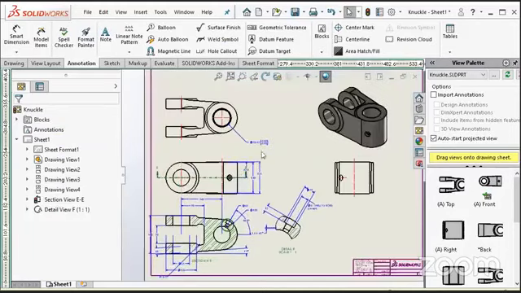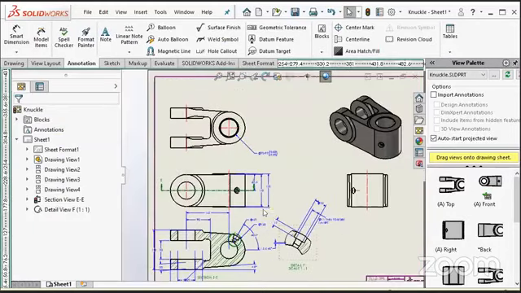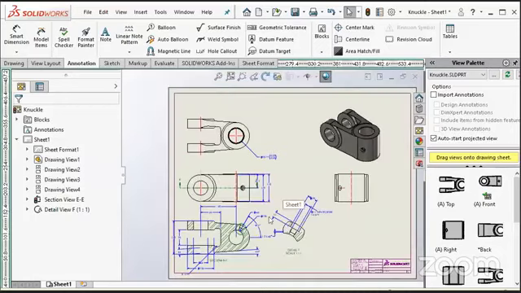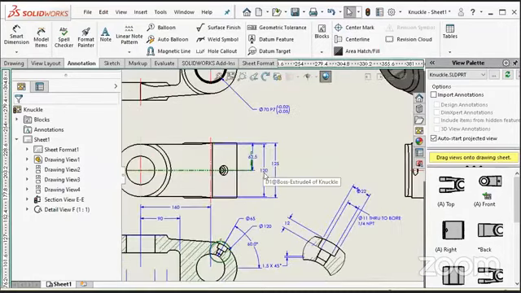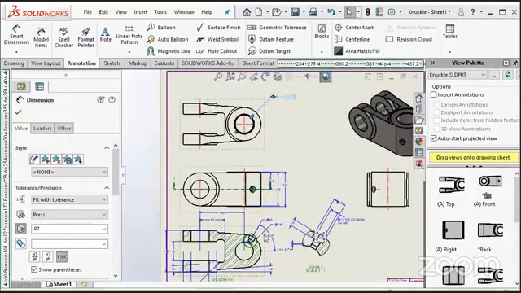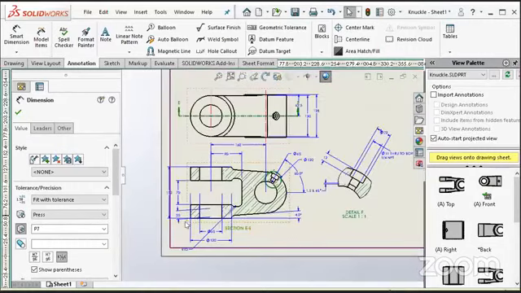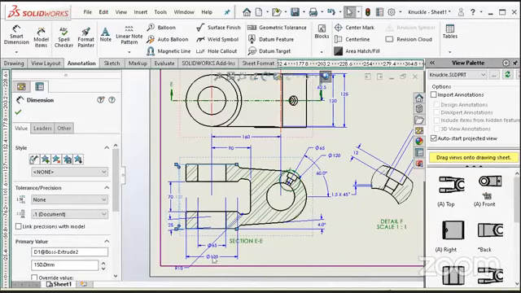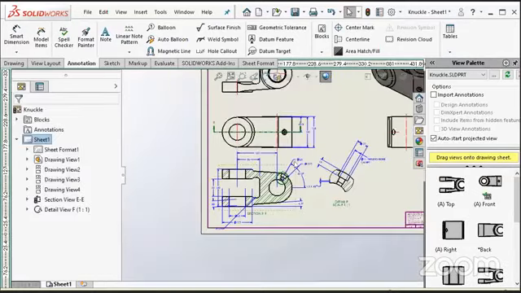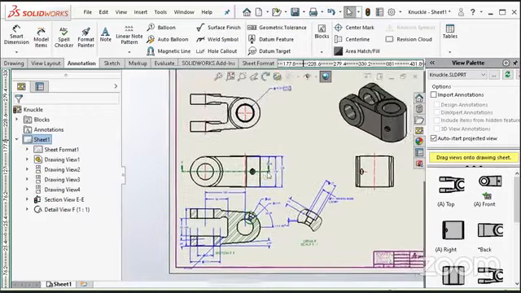So SolidWorks created all possible dimensions, not all possible, but it defines all dimension values which I gave during my sketch. So we can adjust these dimensions by simply dragging and dropping. And now our drawings are completed.